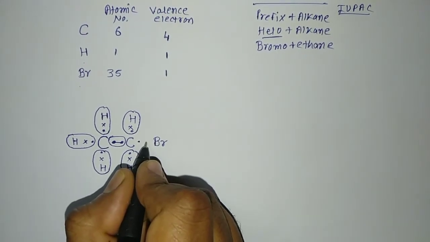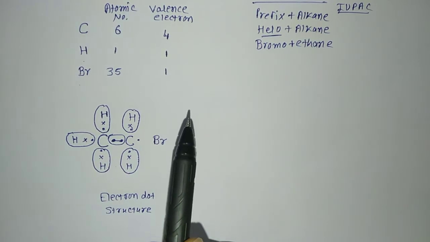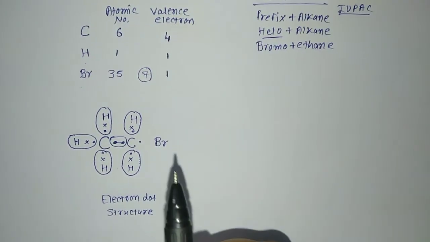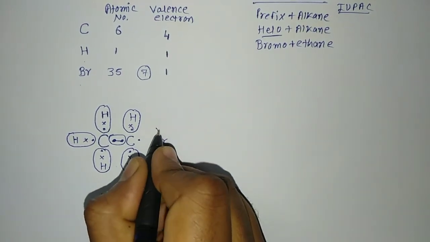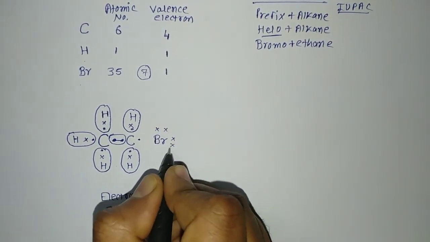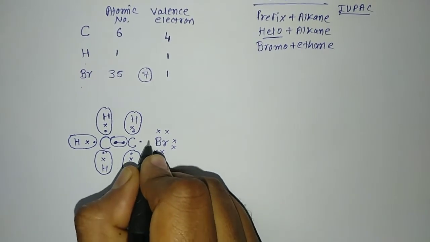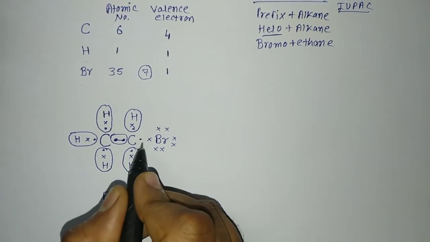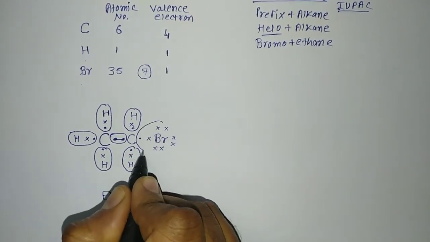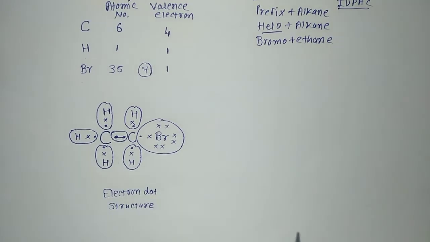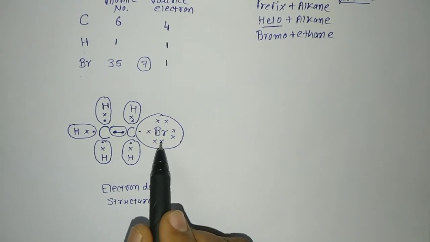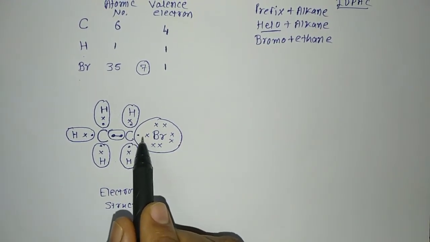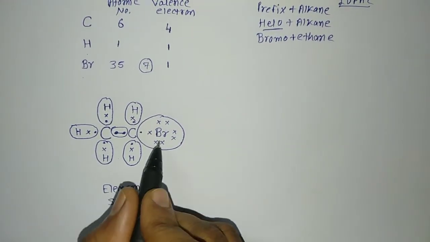And for this bromine, we will show the number of electrons. As I told you, there are 7 electrons in its outermost orbit, so we will show that, and its valency will be 1, 2, 3, 4, 5, 6, and this is 1, 7. It requires 1 electron to complete its octet, so it will make the bond with this 1 electron of the carbon. So now it is done. You can see for bromine, 8 electrons are required to complete the octet. It is 1, 2, 3, 4, 5, 6, 7 and 8. So its octet has been completed for the bromine.